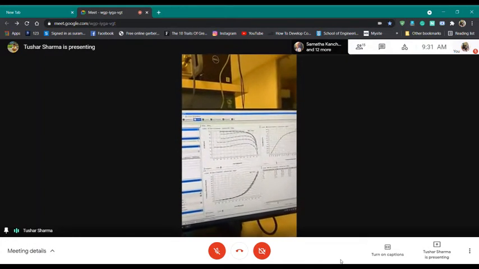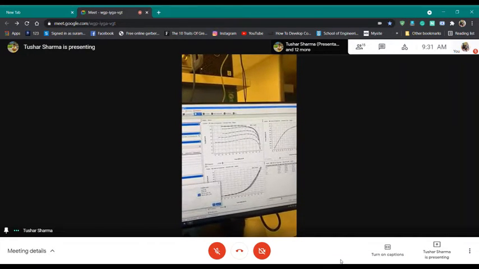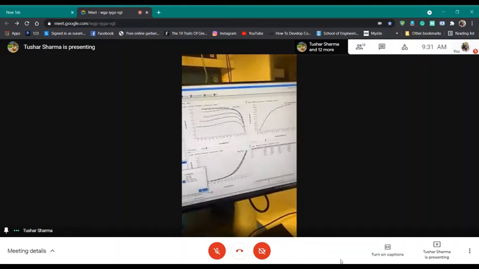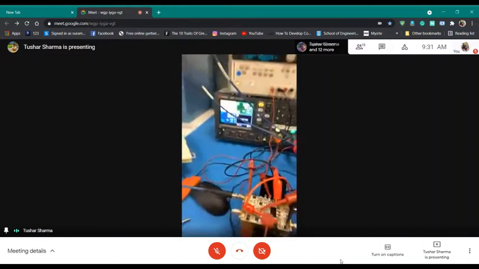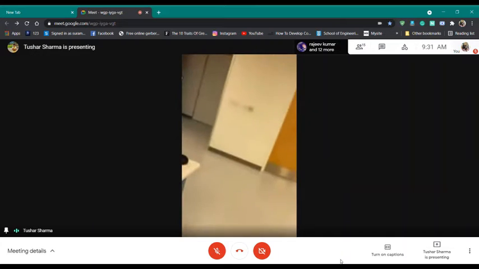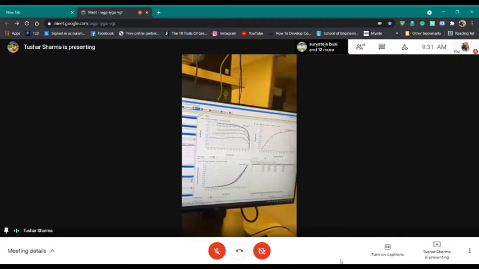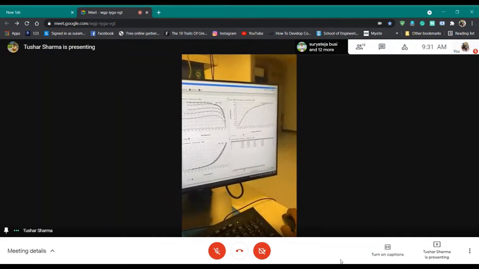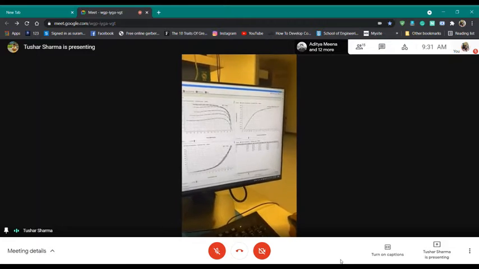I defined what limits I have for my current. So you see your device is biased and it is showing 35 milliamp current, which is the bare minimum current to bias your device in a class AB kind of condition. So once you have all that, you basically go back and you just run.